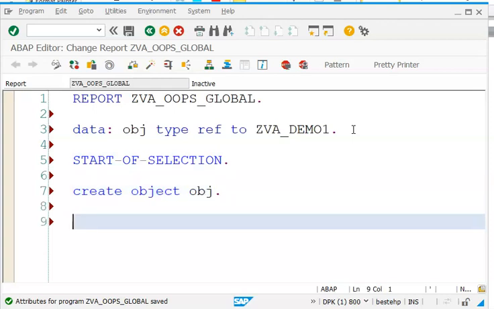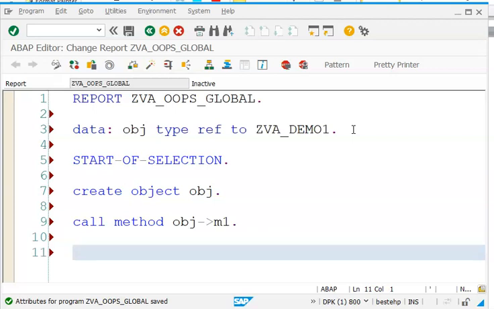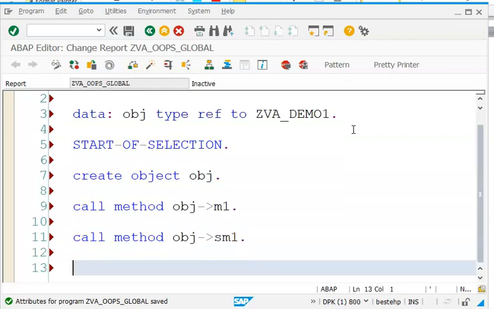and once we have done this, we'll go ahead with CALL METHOD obj->m1. You can call the static method instantly also. We can write like this: CALL METHOD obj->sm1. It works, but you cannot call an instance method statically. So CALL METHOD